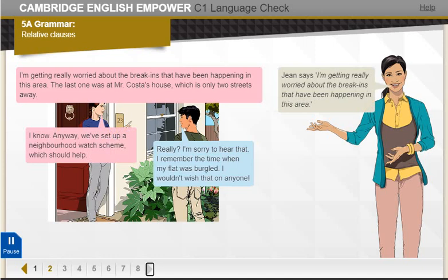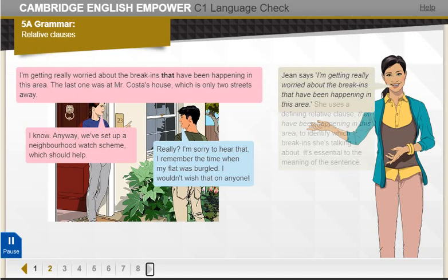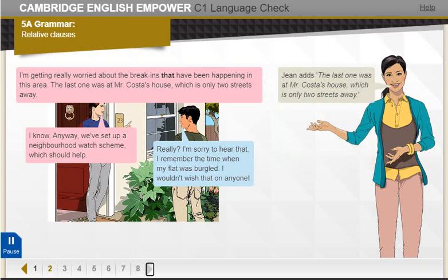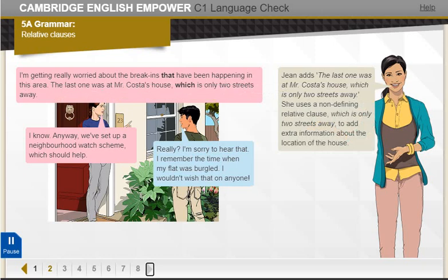Jean says, I'm getting really worried about the break-ins that have been happening in this area. She uses a defining relative clause, that have been happening in this area, to identify which break-ins she's talking about. It's essential to the meaning of the sentence. Jean adds, the last one was at Mr. Costa's house, which is only 2 streets away. She uses a non-defining relative clause, which is only 2 streets away, to add extra information about the location of